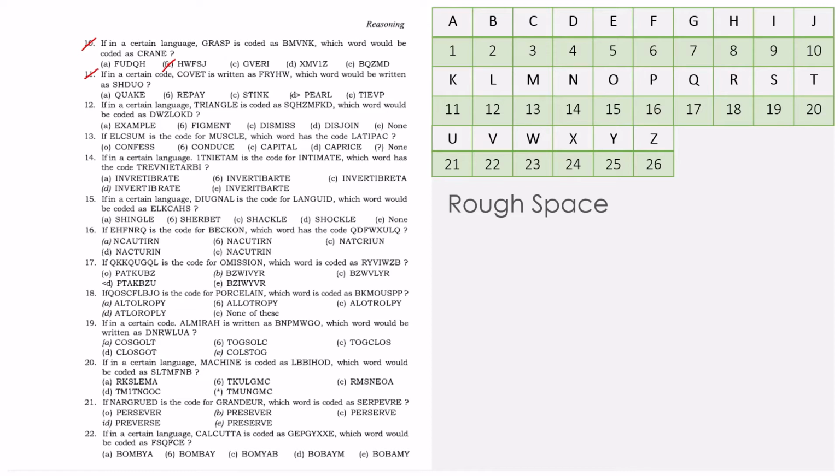I hope it's just 10 seconds. You can just pause the video. If I give a long gap, you'll get bored. Okay, so now if you come back and see, you can see Covet and Fry HW. Just see the first letters over here. It's C to F, so C to F is +3. Just apply the same over here.